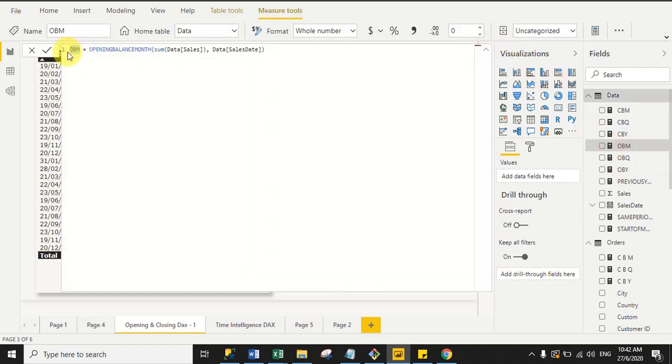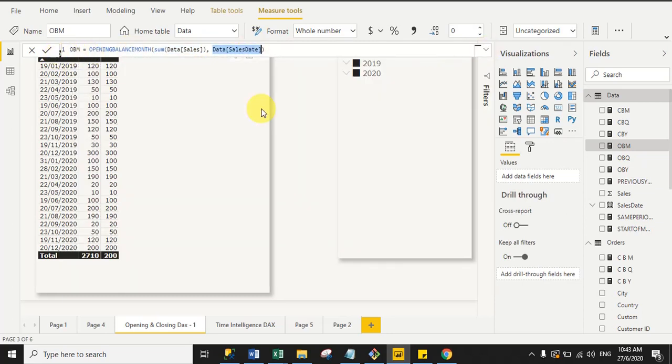Firstly name your measure opening balance month, and opening balance month is the DAX function name, then open the bracket, and in the first argument write the DAX function for total sales. So it is simple, sum is my DAX function name and sales is my sales column name, comma, in the second argument simply pass the sales date column, right?